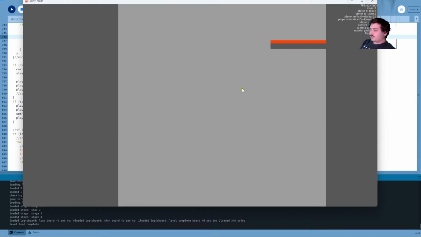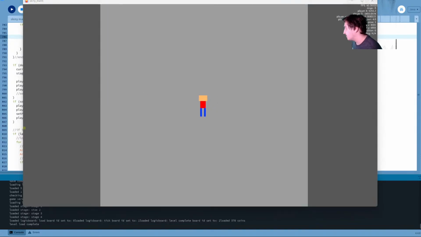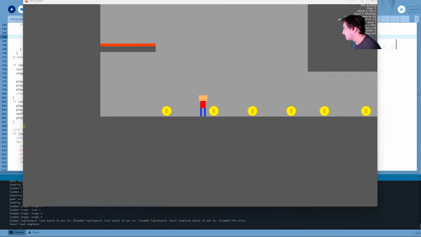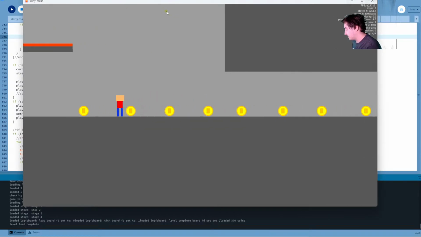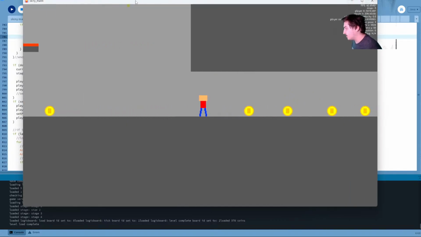This one is a pretty big drop. If I remember correctly, I think this one might actually go all the way down. Okay, this is gonna take a hot second. So, I feel like center is probably the safe spot on this one. Okay. Yeah, the exit's just there. Okay, so we'll go through the exit. Let's see where that ends up.